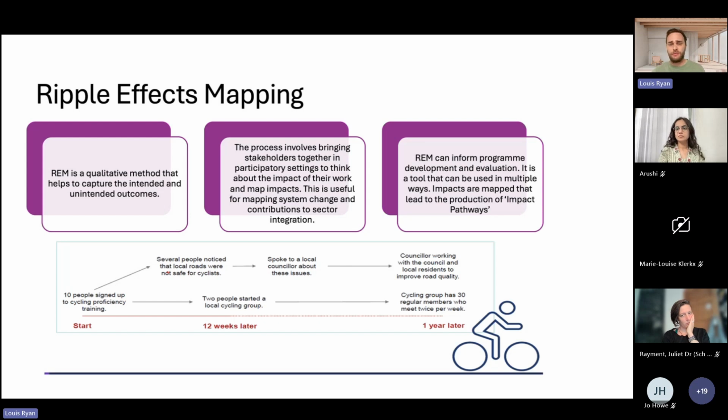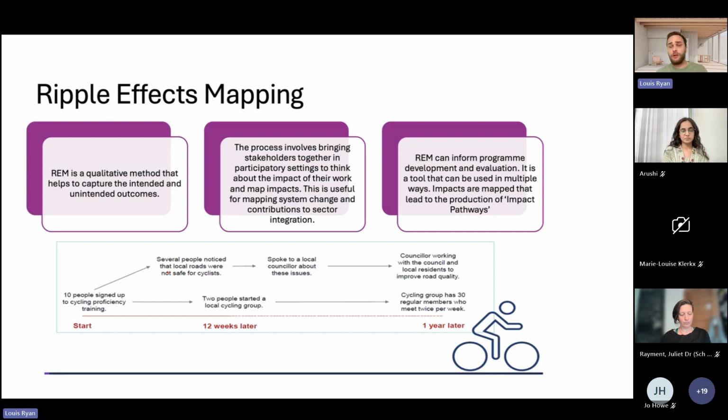Quite often we're in a big room, lots of people there, lots of flip chart paper, rolls of paper, lots of pens, post-it notes, lots of interactive conversations, and it's quite often a big networking event at the same time. We get them together, we map out what has happened on the program, what are some of the key impacts, what has changed or maybe not changed, and then it helps people to see over a period of time what has gone on essentially.